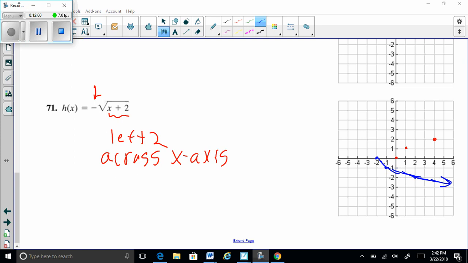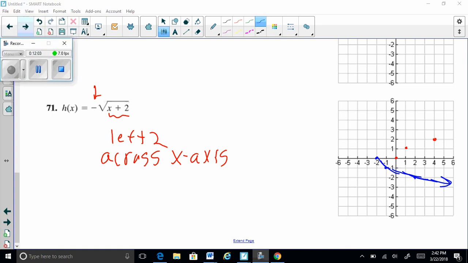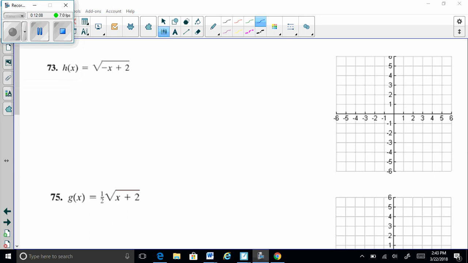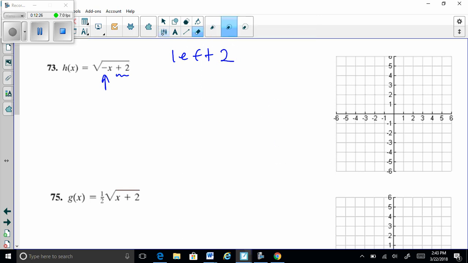All right, so let's go to the next slide, which is going to be more of this type of function. All right, so here we go. So we won't see this too often, but we do see the negative directly in front of the x. So the +2 still works the same way. That's going to cause us to go to the left 2, okay? But that negative inside is going to cause a reflection across the y-axis. So we're going to go across the